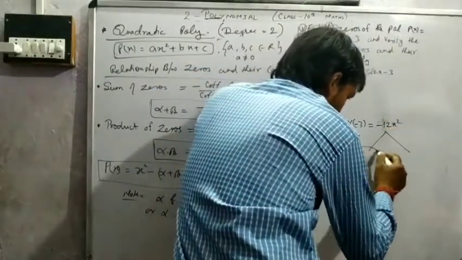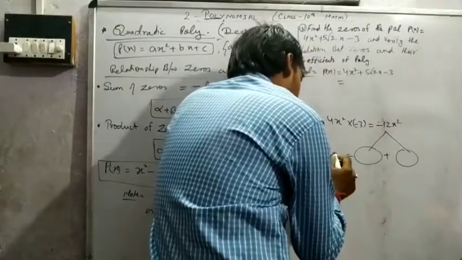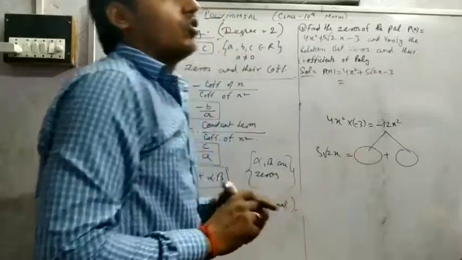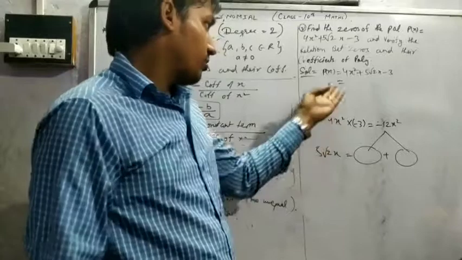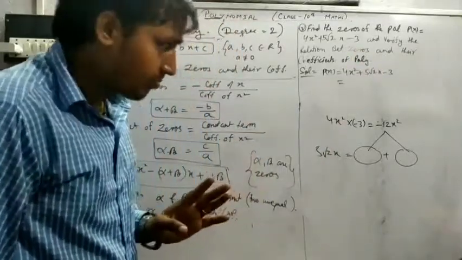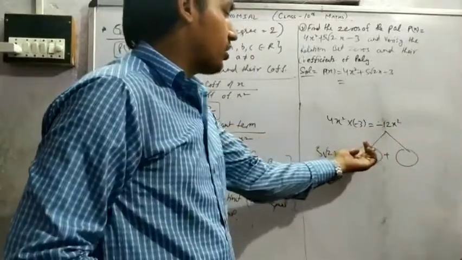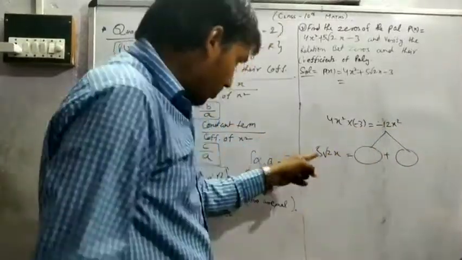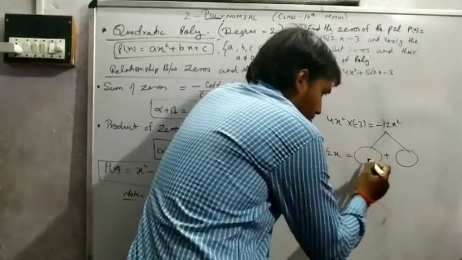You can break it down, and you get the value 5 root 2x. So this is a very easy method to solve root questions. First you multiply, then you get a product. Split it into two parts whose sum gives the b. So the first thing in b is root 2.